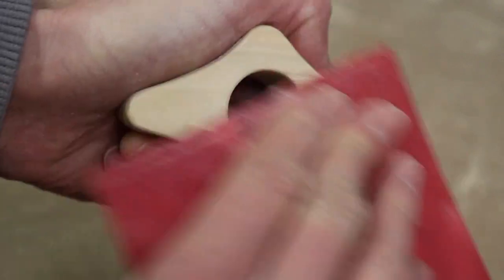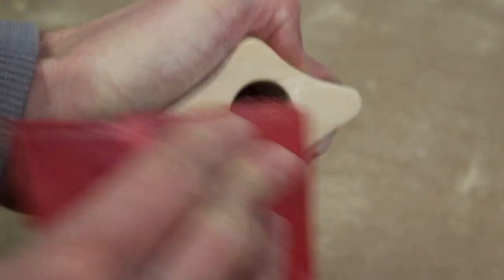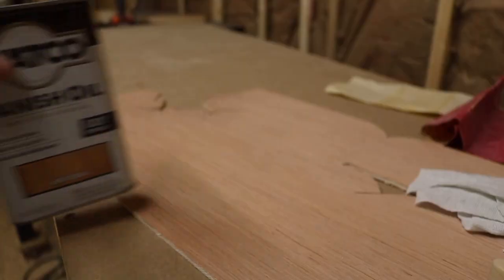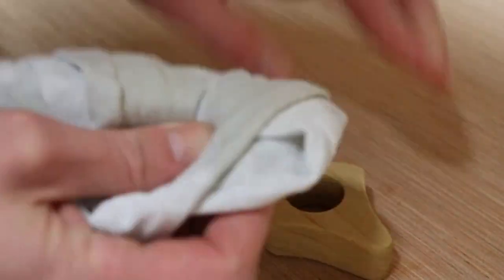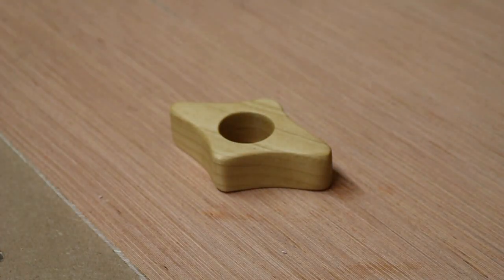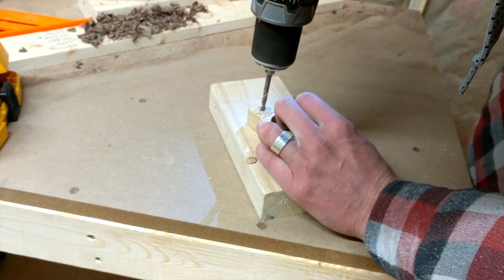Next thing I did was one last sanding on it, and I did this up to 220 grit. And it was time to add the finish, and I just chose Danish oil. I'd never used this before and actually missed most of the shots when I came to applying this, but I really love this stuff. It really brought out the wood grain, and I love that it didn't feel super tacky on there. And next I drilled a small hole in one end to put the leather strap through,